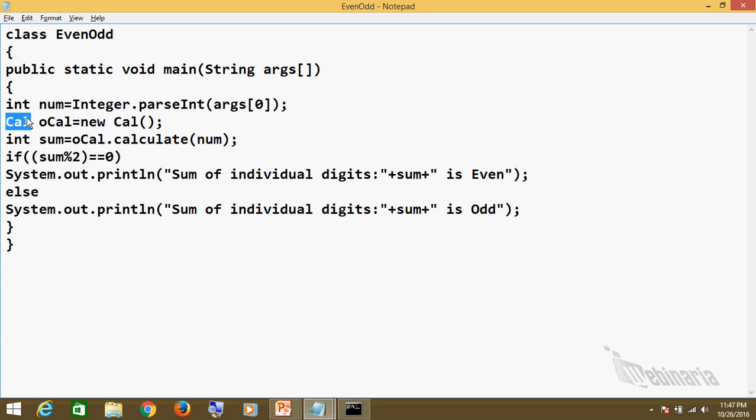In this Cal class, I am creating an object ocal, and through this ocal object I am calling a calculate method. This calculate method will be passed the num value, whatever we give as a command line argument. So this num value is passed as a parameter to the calculate method, and the value returned from this calculate method is the sum of individual digits,